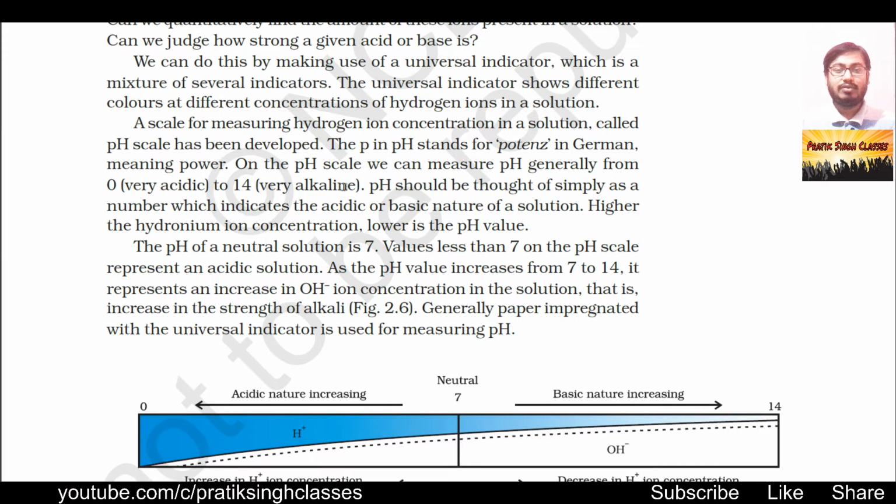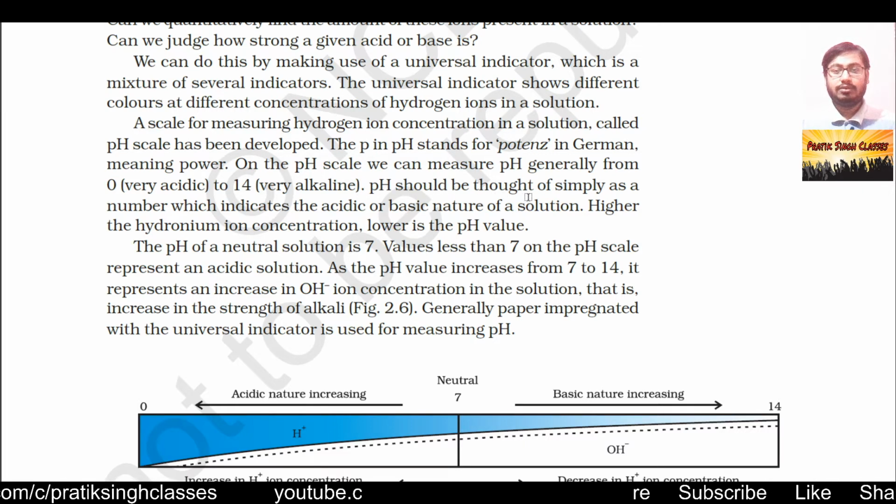About alkaline solutions, we have already seen that those bases which dissolve in water are called alkaline. There are many bases which don't dissolve in water, and they are not called alkaline. We already saw these things in the previous video. If you have missed that, please touch the card and you will learn that.